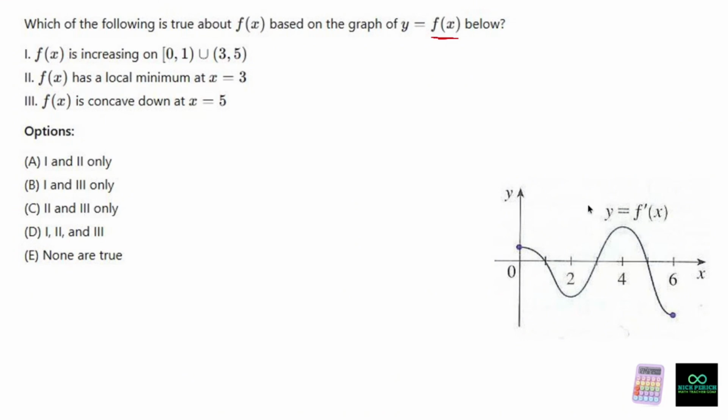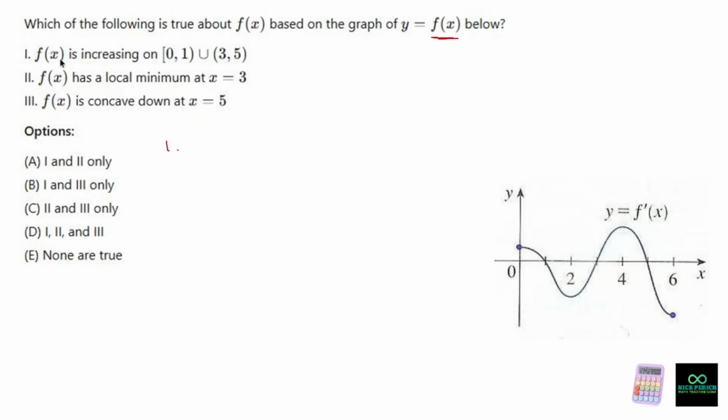Derivative gives us slope. So if the derivative is positive, it's a positive slope, which means it's increasing. If the derivative is negative, that means it's a negative slope, which means it's decreasing. If the derivative is 0, that means it's a maximum or a minimum. And it all depends. So let's look at each of these three options and see what they mean in those contexts. Option number 1 is asking what's happening between 0 and 1, and also